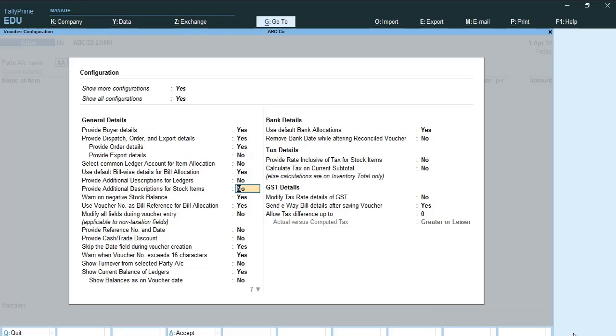Provide additional description for stock item. Here you can give additional details of item, so you can do yes. Provide cash or trade discount, we will discuss later.